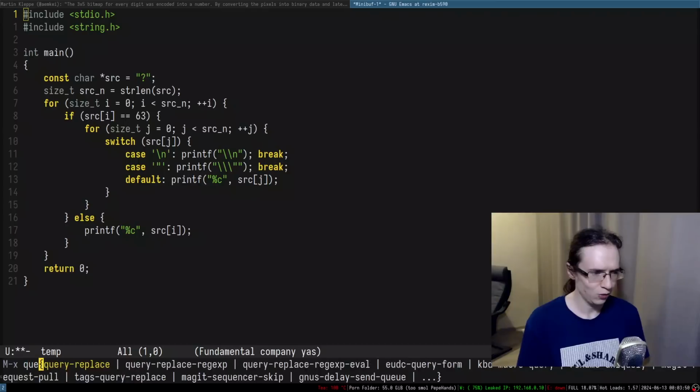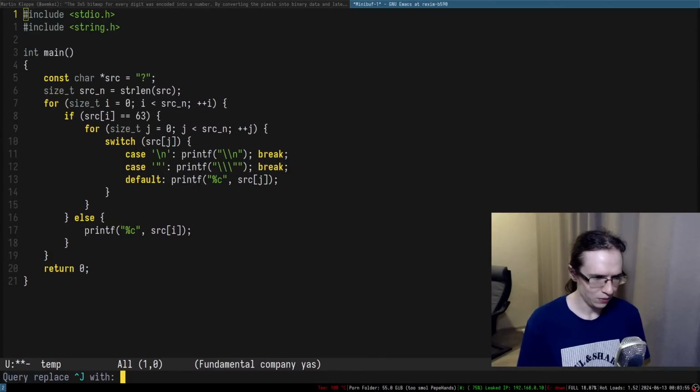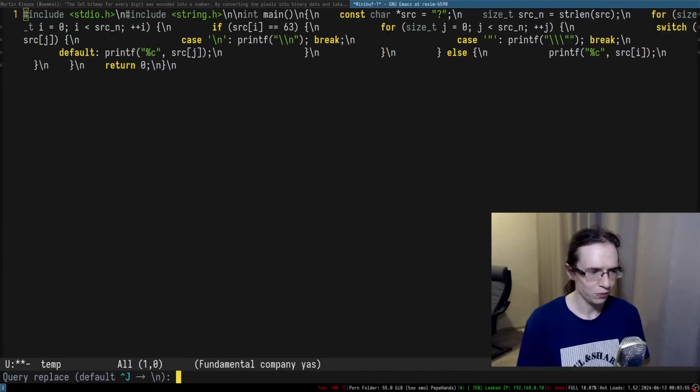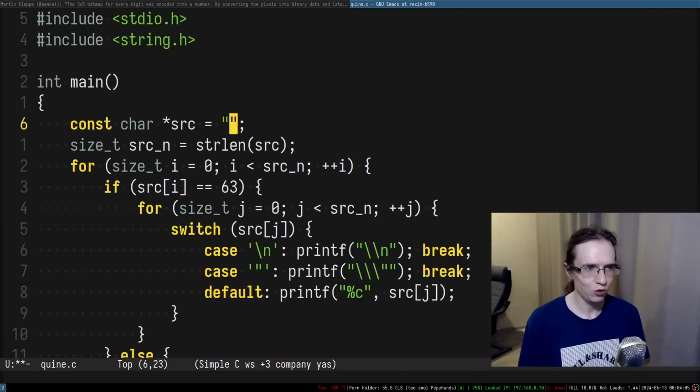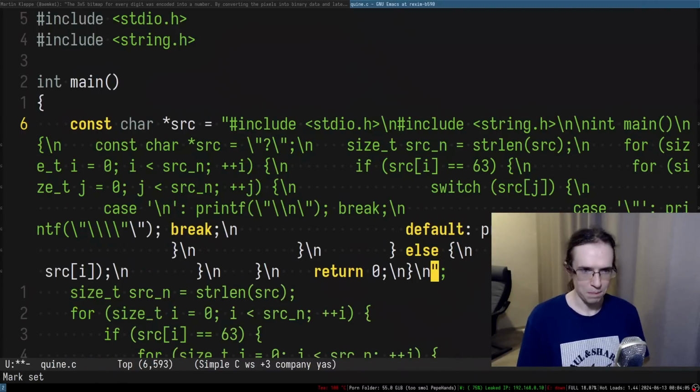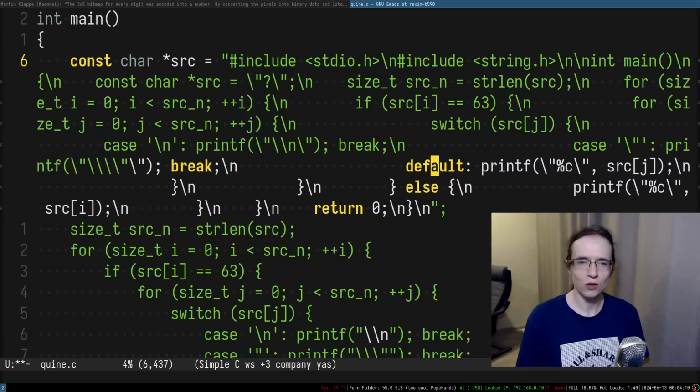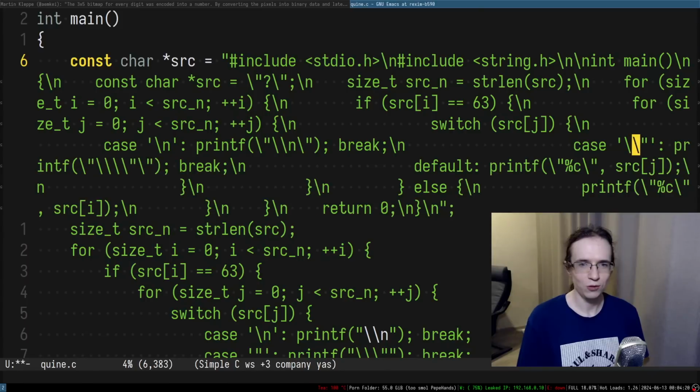Right, so what I need to do is query replace new line with \n, right? And also query replace this thing with this thing, right? So I need to escape all of that stuff. And that should enable me to put this thing back. So there is also, yeah, this kind of thing. Probably this is what I have to do, I guess. Honestly,